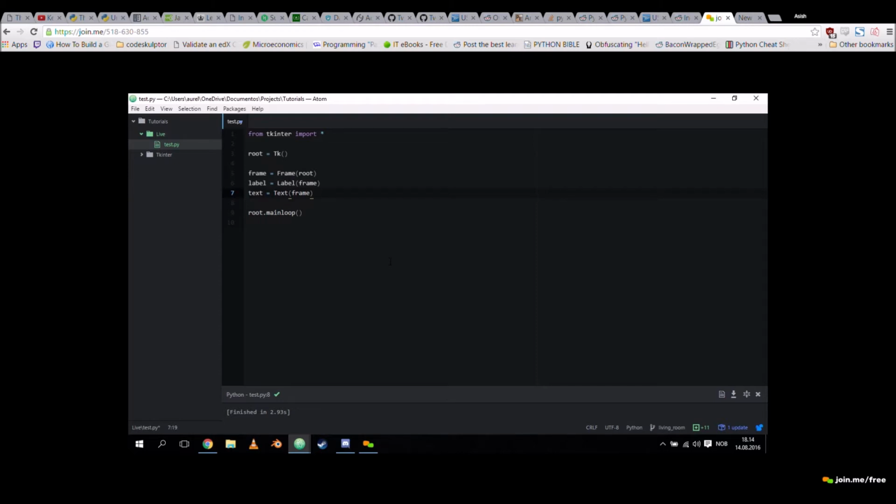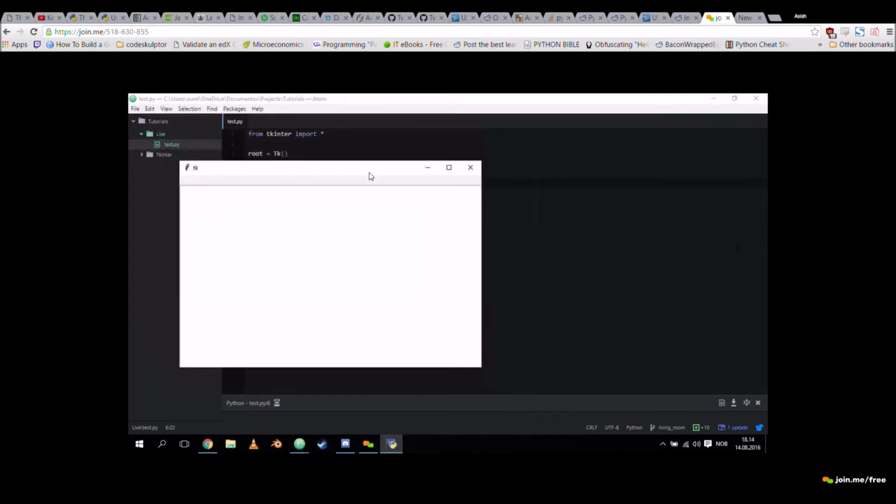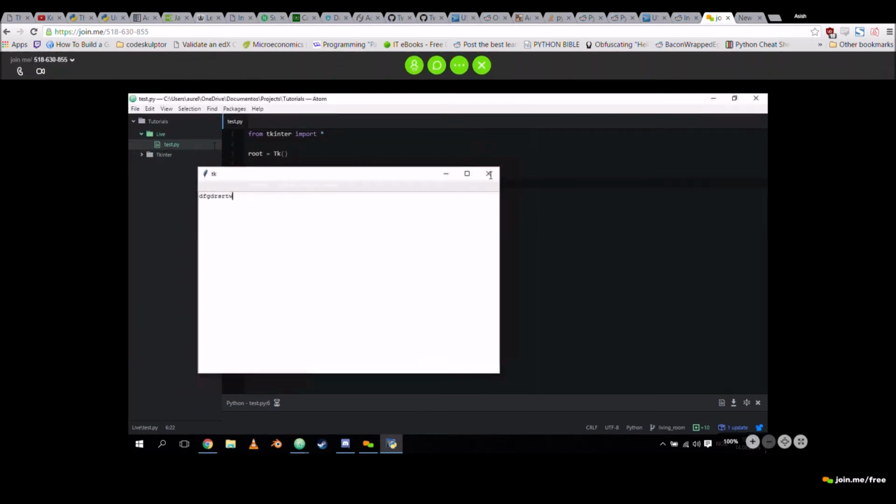With grid, you make a grid and you assign everything to a column or a span of columns. Place allows you to place things directly. The problem with those 2 managers is that they're ornery, and when something goes wrong, it's very hard to fix. Pack is a manager that just tries to do it for you. So it's the easiest one to use. And we can just do this. Done. We got our label. We have a text field, and it just works.